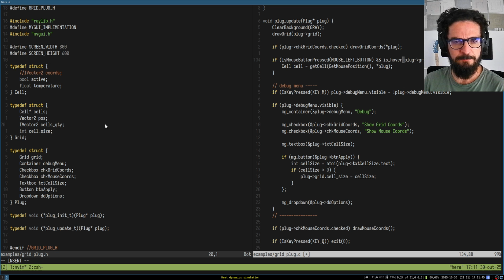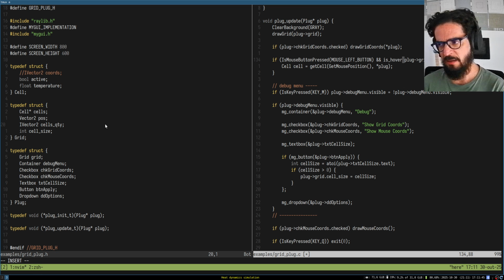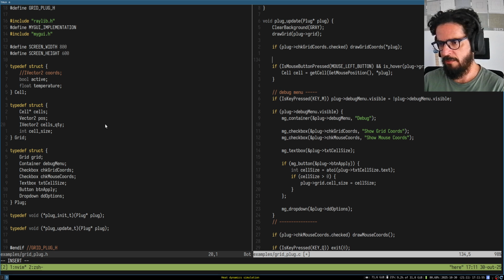I don't have the size, but I can calculate. I'll put here grid size, which I can calculate. Here is a vector 2 grid size, which equals to